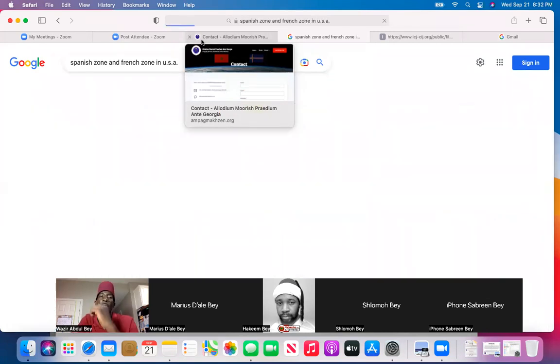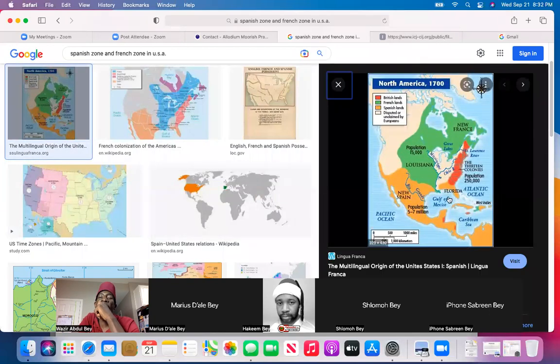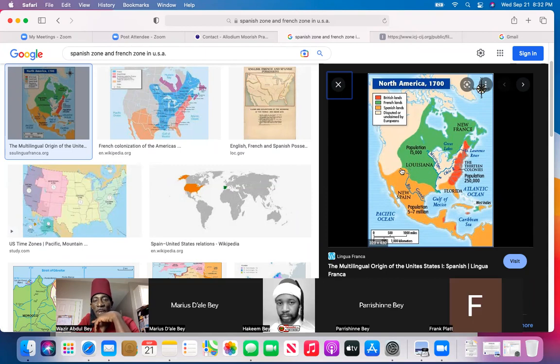Point of interest. Is it the map you're looking for before the Louisiana Purchase? Yeah, I think that's what it is. Right here, I think. You guys can see that? Here on the right? North America, 1700. New France is up here. And this is New Spain over here. Can you all see that? Hello? Islam? Can you all see this? Can y'all see the map? I want to make sure everybody can see the map.